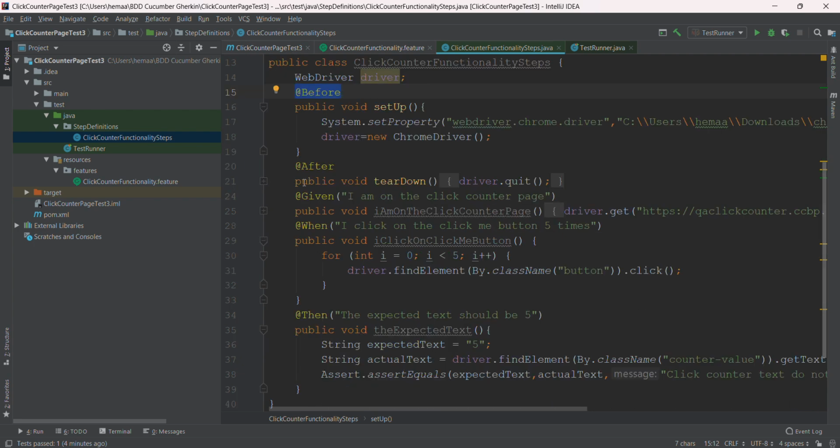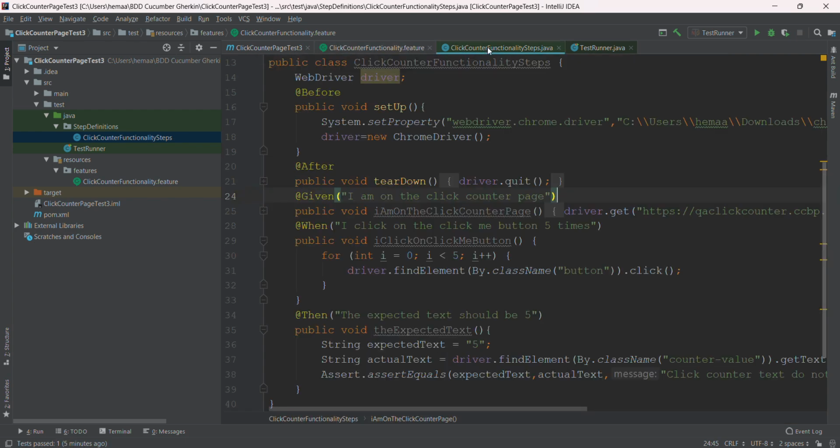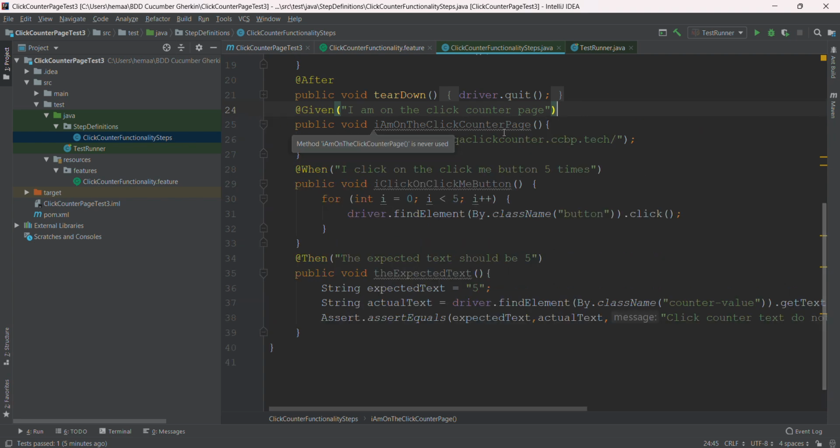page. So @Given, this particular statement is paired up with the feature file's given, I am on the click counter page. It should match this particular statement, I am on the click counter page. It should match, otherwise it will throw an error. So I have written here public void I am on the click counter page. So driver.get, I am navigating to that particular click counter page, and